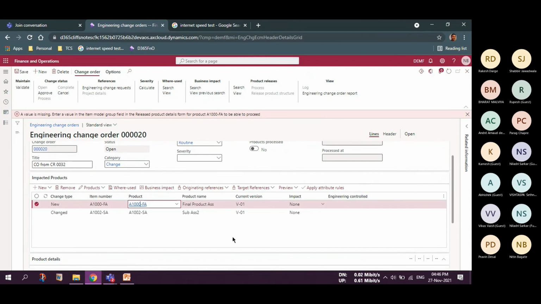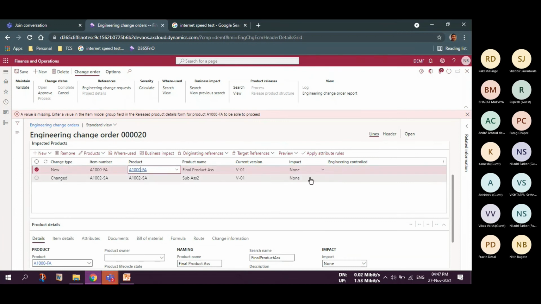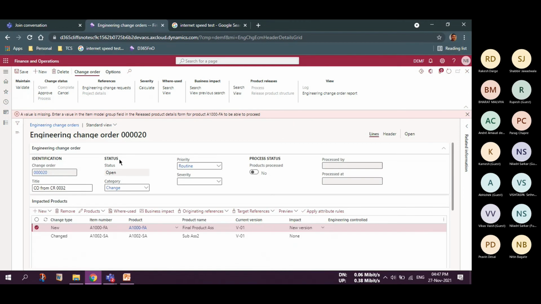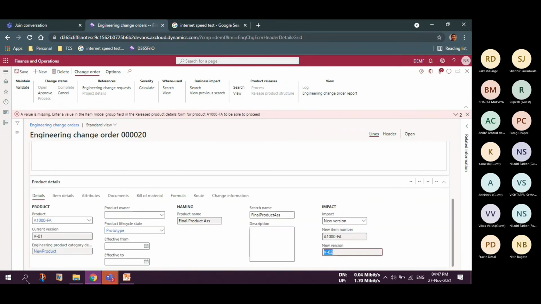Okay, so this is the final item, and the line is chosen over here as version 1. What we want to do is create a version 2 for the final assembly. So let me choose a new version, and you can see the new version v02 has been created. So let me save this change